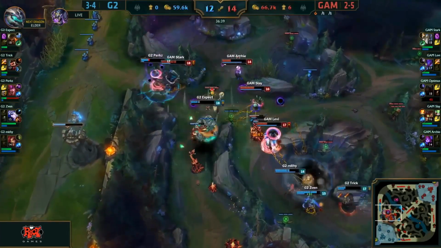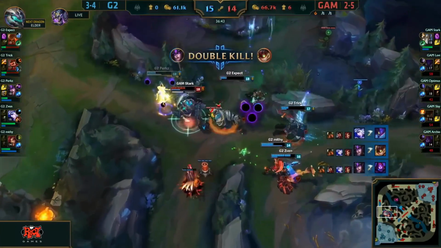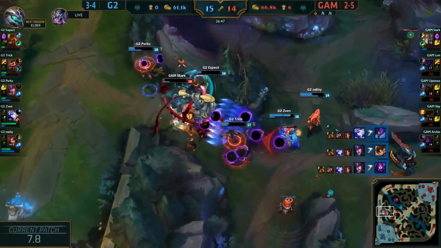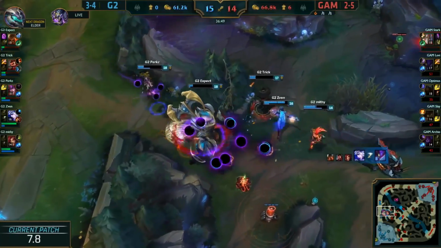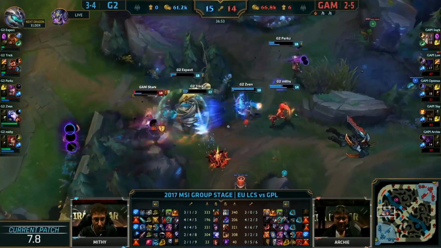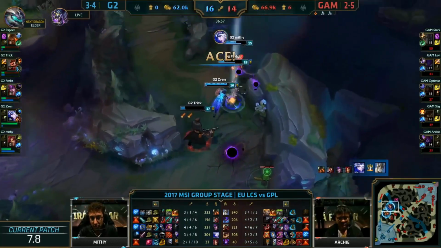Trick and Sven not deciding what they want to do, but now the power three are together. There's a double kill for Perks. This is the turnaround they were looking for. Stark in the eyes of G2, and they're going to wipe the team out with Baron spawning. G2 is going to go straight for Baron. They get the ace, and Mithy flashing over the wall to land the exhaust on Levi, so he could not